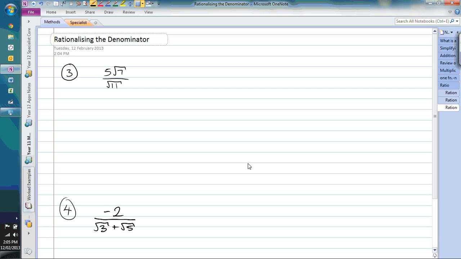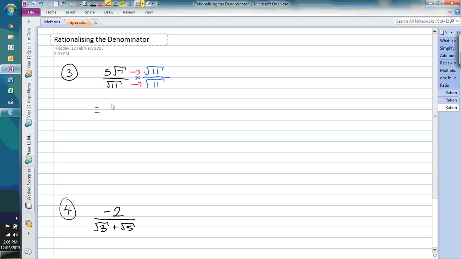Just wanted to do two more examples to help make it clear exactly how this process is working. The first one here is back to the original kind of question that we looked at. Here I've got a denominator with a square root of 11 in it, and I'm trying to get rid of that. And we know that if I were to multiply by the square root of 11, that's going to end up with a rational number on the bottom. I can't just multiply the bottom by square root of 11. I have to multiply the fraction by square root of 11 divided by square root of 11, because that is equal to 1. Multiply along the top, multiply along the bottom,